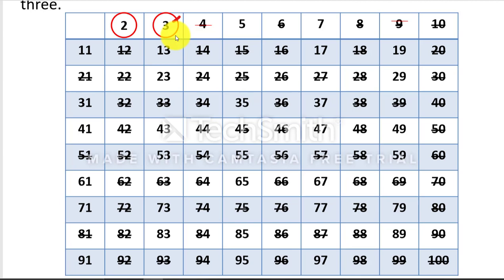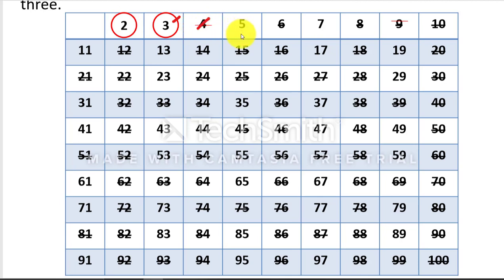Now filter out all the elements which are multiples of 3. 6 is already filtered out, then 9 will be filtered out, then 12 is already filtered out, 15 was not filtered out in the previous case, so 15 is filtered out, 18, then 21, then 24, then 27, something like that. So all the multiples of 3 will be filtered out. 4 is already filtered out because it is a multiple of 2.